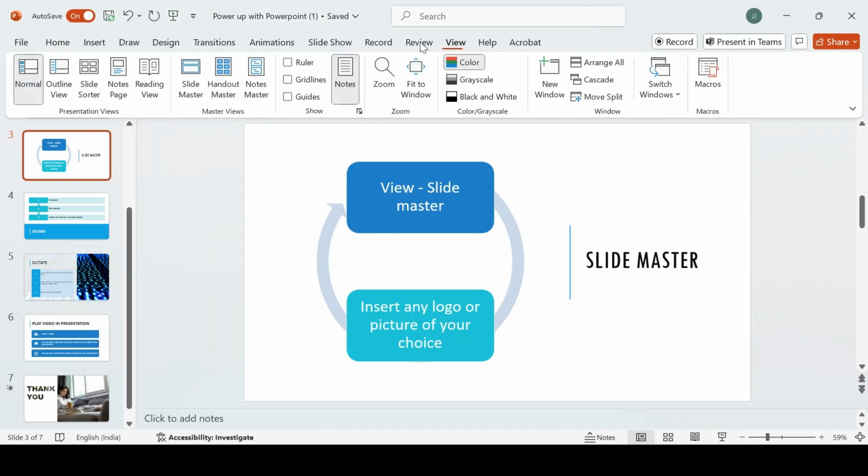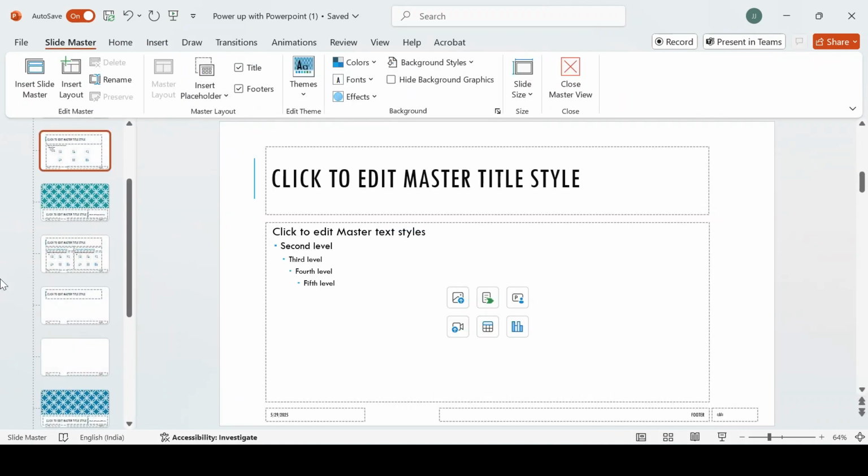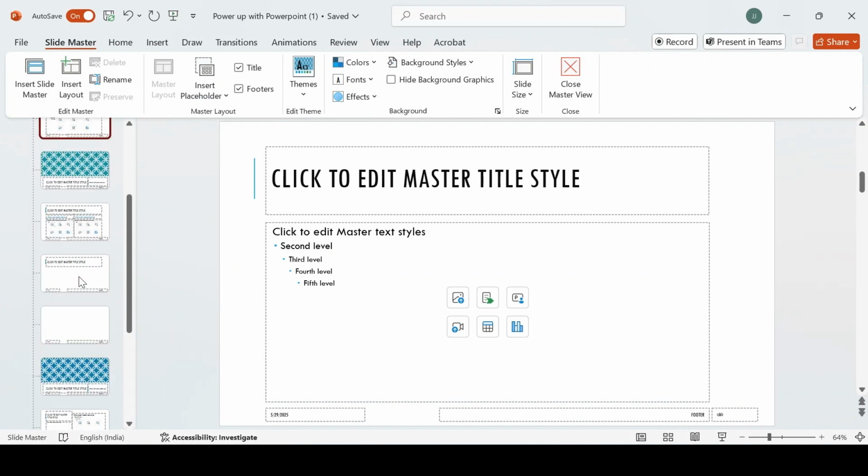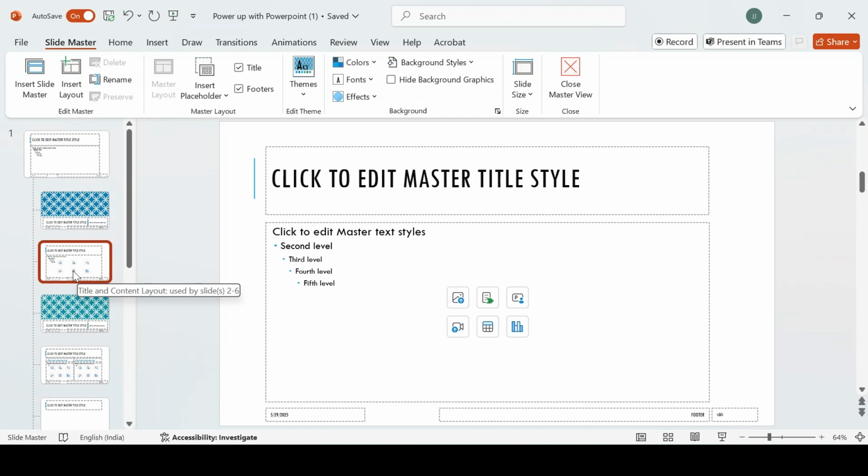So the ones you view in Slide Master are not the number of slides. Even if you have 100 slides in your presentation, you will not see 100 slides here. These are only the variety of slides you're going to use. So if you paste your logo or any picture in these slides alone, it is enough for the 100 slides. You need not copy and paste for every slide. Okay.